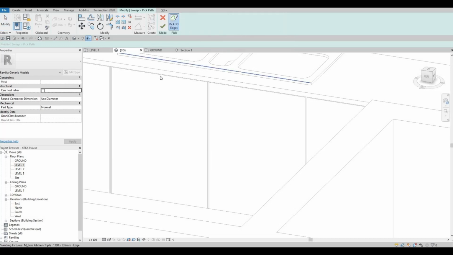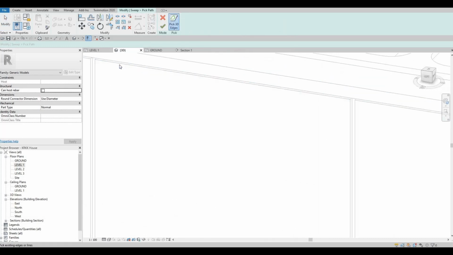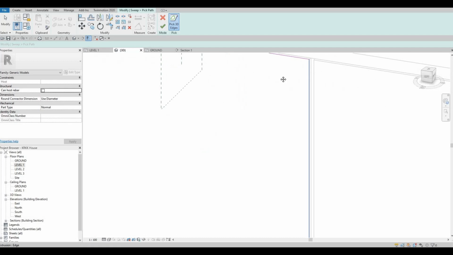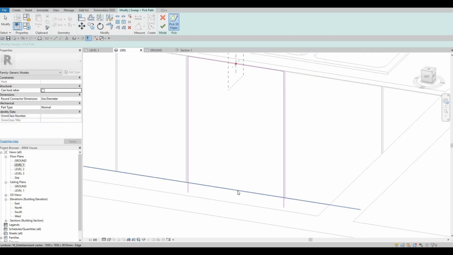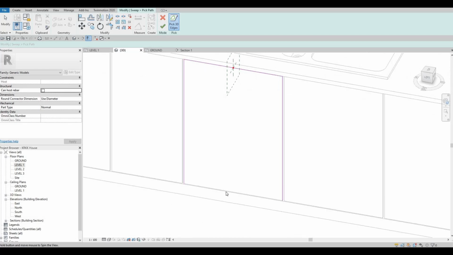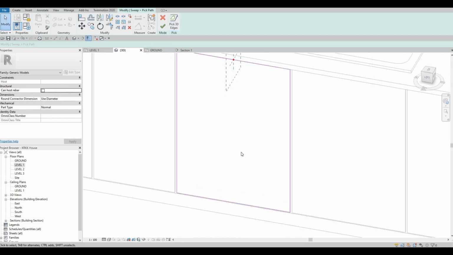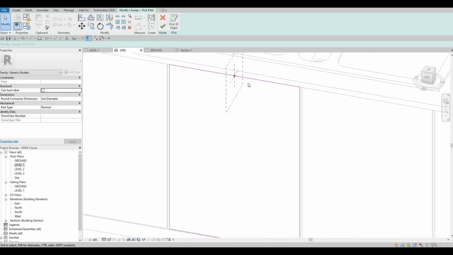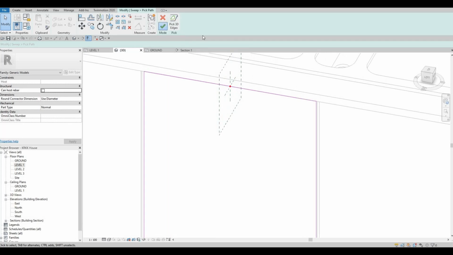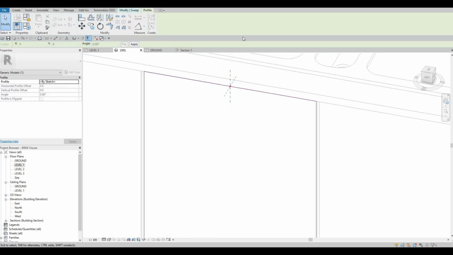So I'm going to pick the path. I'm going to pick this path. There we go. I'm going to pick that path, and then from here, click finish,